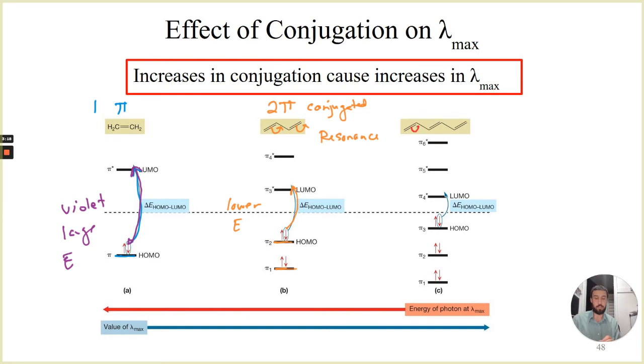If we add yet another pi bond that allows for, again, conjugation, that conjugation now decreases the gap in between even further, which then means we need even lower energy. Okay, in this case, red light. So what I might ask would be, given two of these, which one would you expect to have higher or lower energy? Or how could we decrease the amount of energy used for an individual structure, and talk about